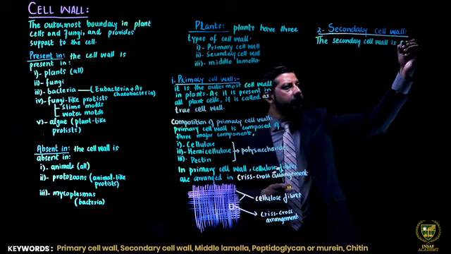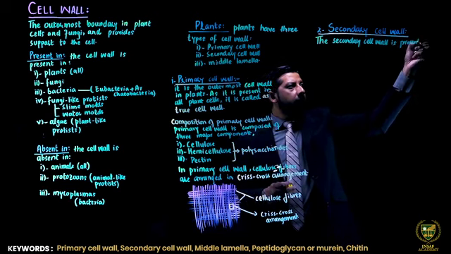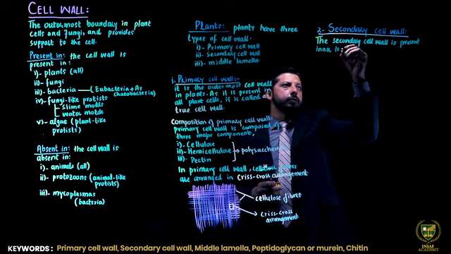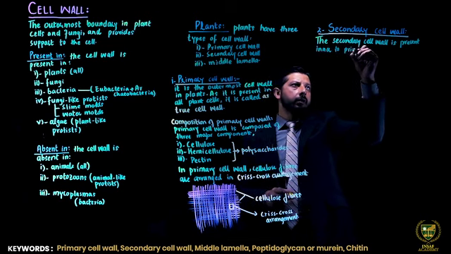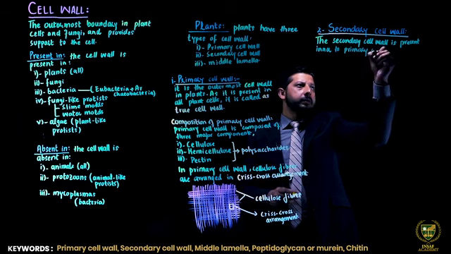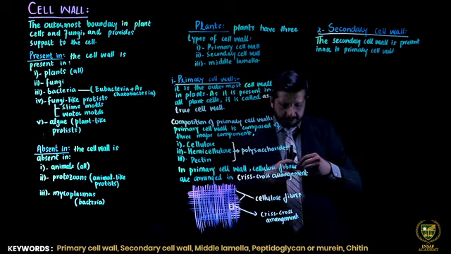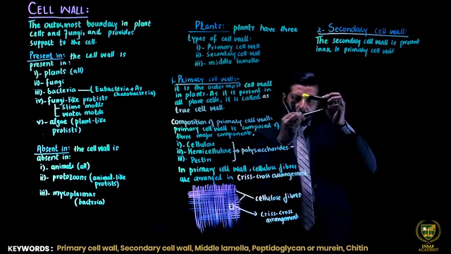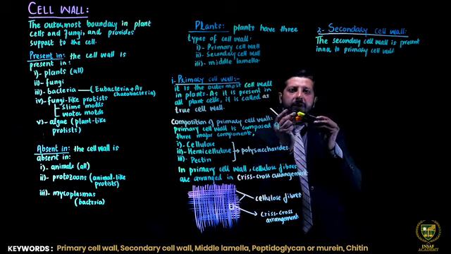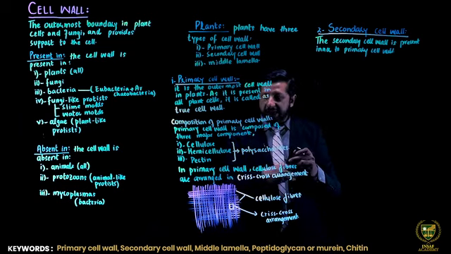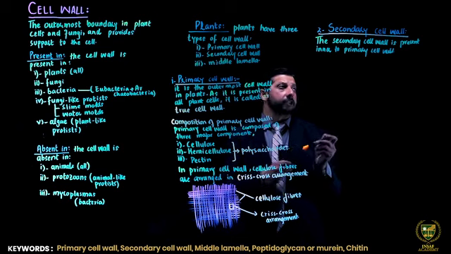Is present inner to primary cell wall. Very important concept. ये बाहर primary cell wall और उसके अंदर वाली साइड पे inner side पे होगी secondary cell wall. And as far as its composition is concerned,